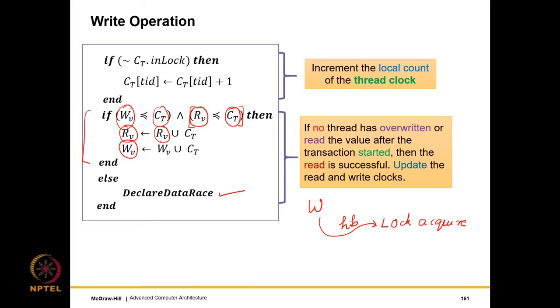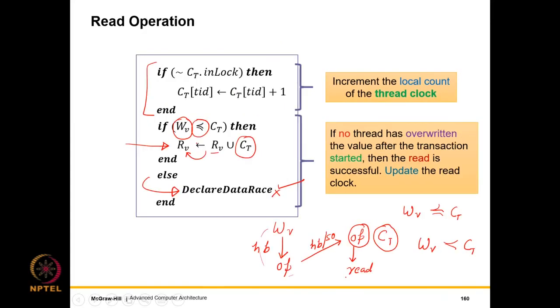So here, if you look at this, having RV union CT is not technically required, even though it has been written to make it look slightly elegant. Given that RV precedes CT anyway, RV union CT will be equal to CT because every element is less than or equal to the corresponding element of CT. So we could very well have written that RV is set to the current time and WV is set to the current time. That also would be correct. The important point is that any time we do a write access, the write clock is set to the current time.